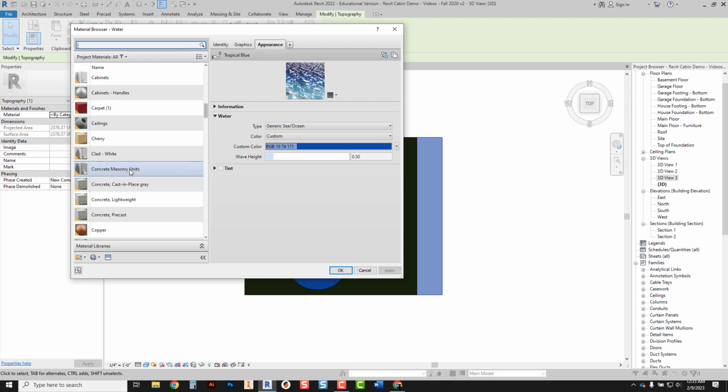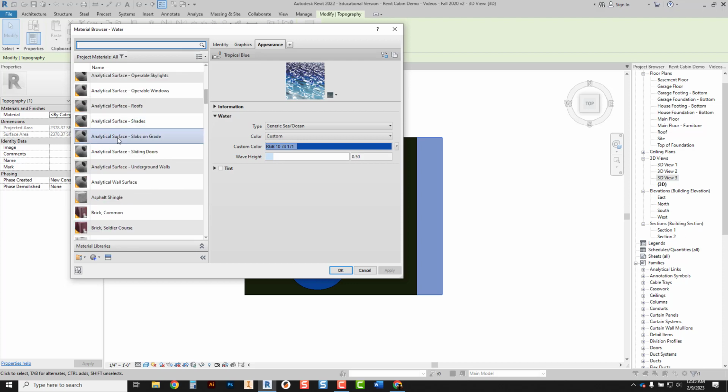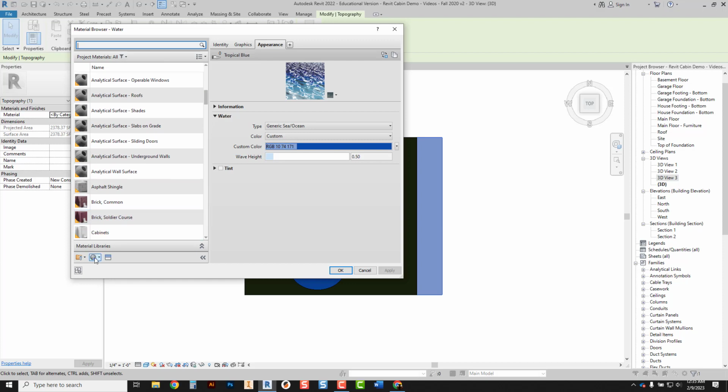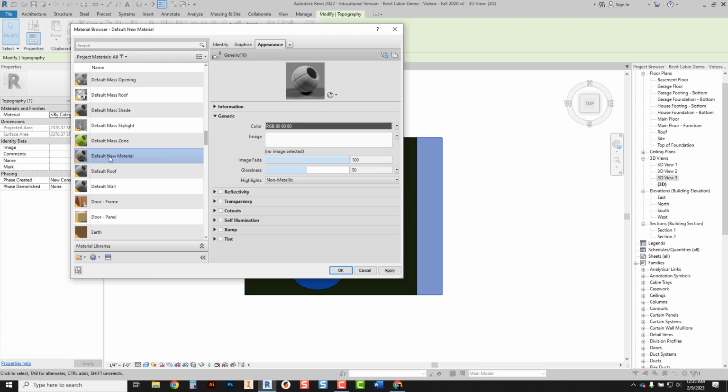Sorry, bear with me. Road material says earth. Concrete. This is a dirt road. That doesn't make sense. Let's make a new one then. So circle, plus symbol, create new material, right click and change, rename,